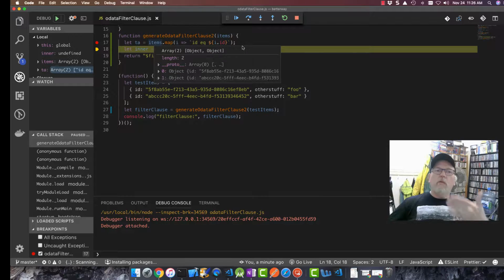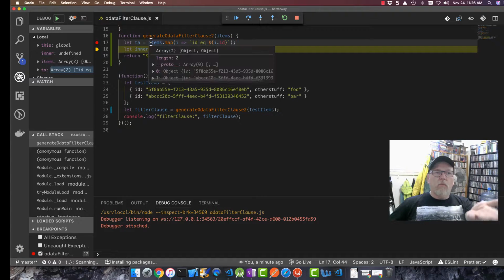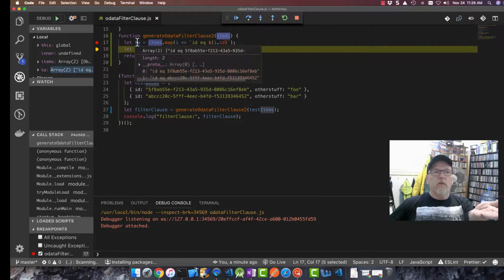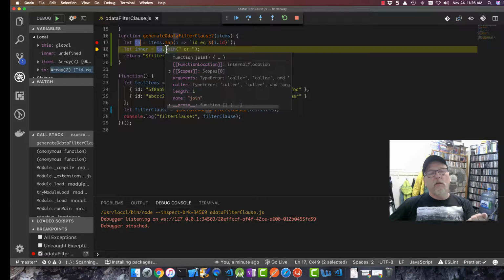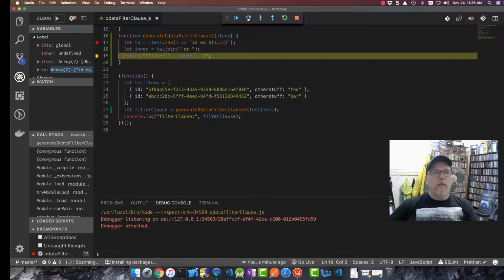So we've transformed our array. We've taken one array called items, and we've transformed it to a different array, right? Then this operation here, this join operation, will take the array of n items, and it's going to join them together into a single string. So let's just step over that. And what we have,